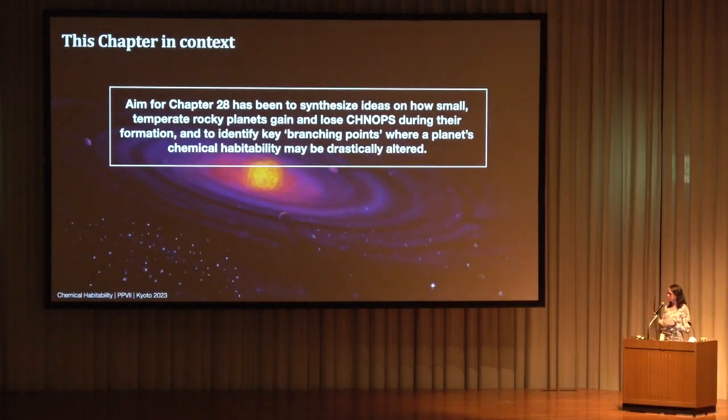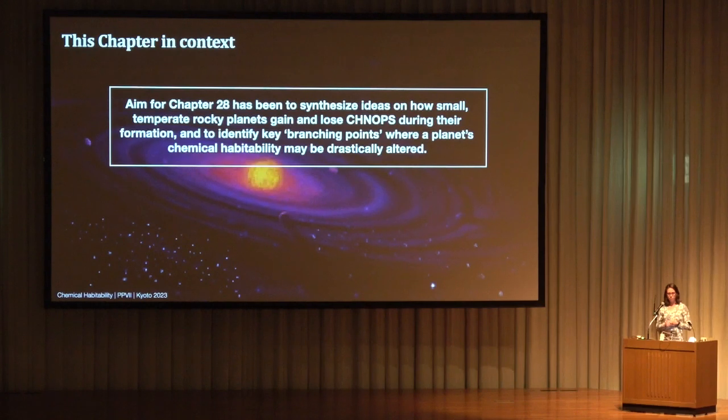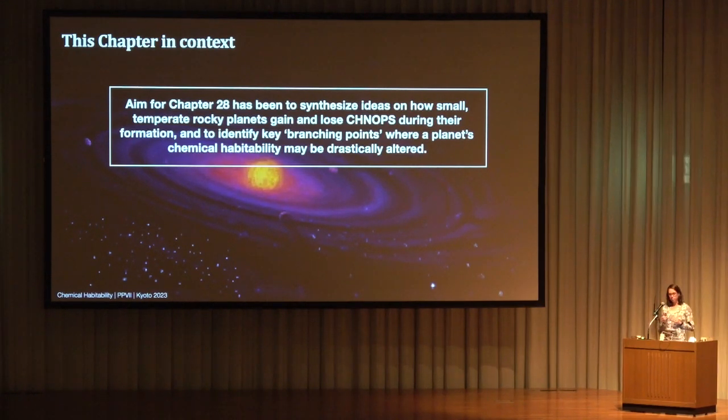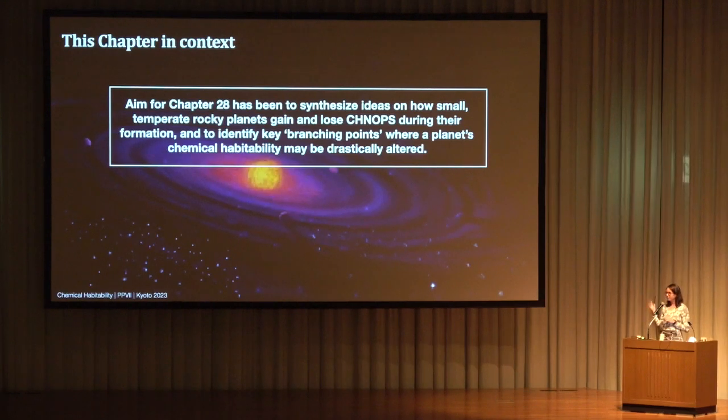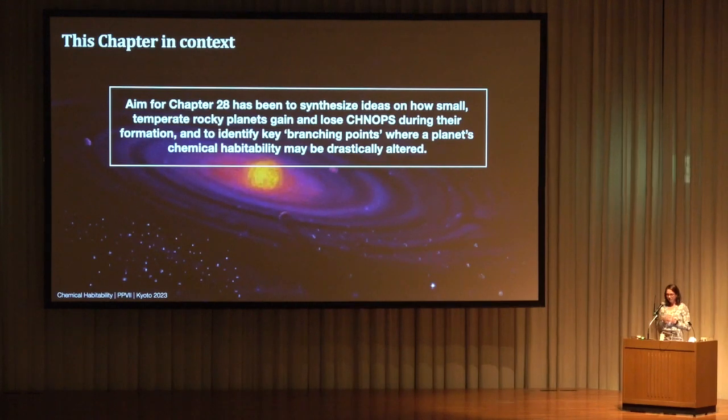So our aim for this chapter was really to synthesize ideas about how small, temperate, rocky planets gain and lose the SHNOPS elements during their formation, and to identify key branching points where a planet's chemical habitability could be drastically changed. This is really building on and in the context of all the work that has come since Protostars and Planets VII, which we've heard about all week, from the wonderful new ALMA observations, revolutionizing our understanding of protostellar and planetary systems, the simulations that those are informing, all the new exoplanet discoveries, and some tastes of JWST